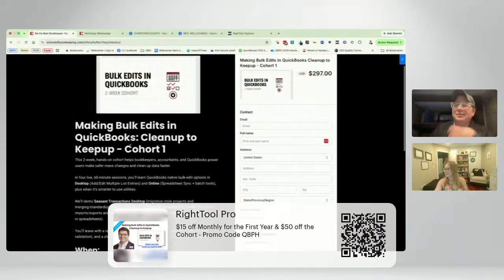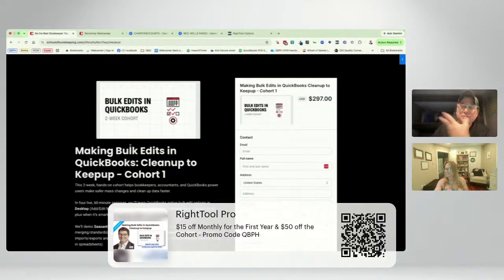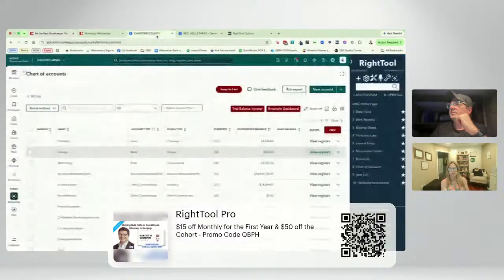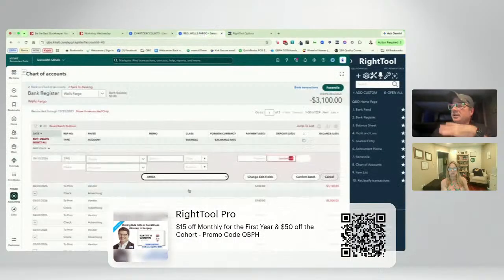So the whole idea is so that you can utilize these utilities and tools to clean up, to keep up, right? That's the whole idea. So back to where are we? There we go. Okay, so one of the really nice things of even the free version is this